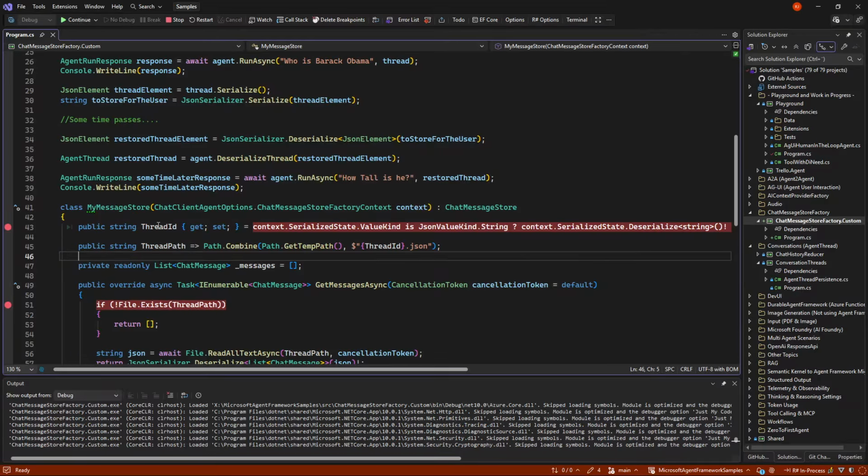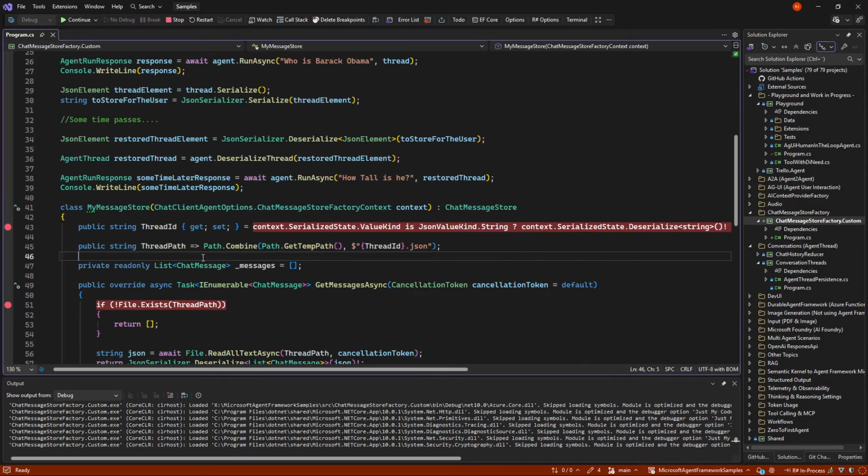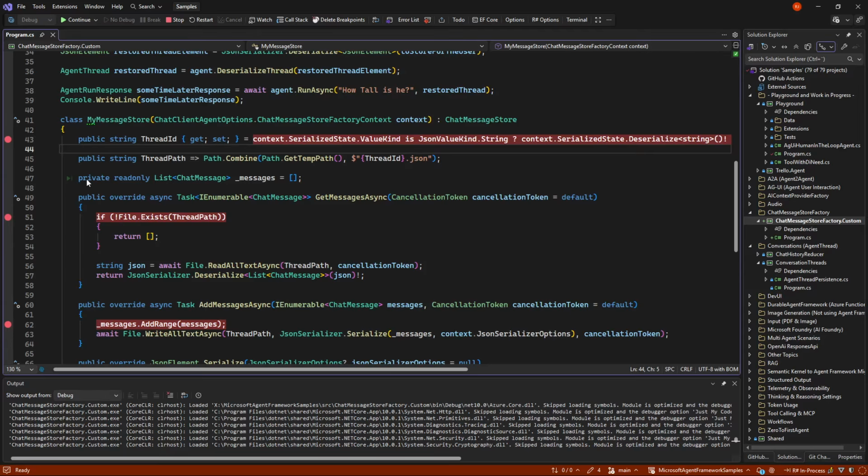And the thread ID will either be just a new GUID, or when this message store is created, if it is given a serialized state, meaning the ID, it will use that instead. Then it keeps track of the messages while it's running.